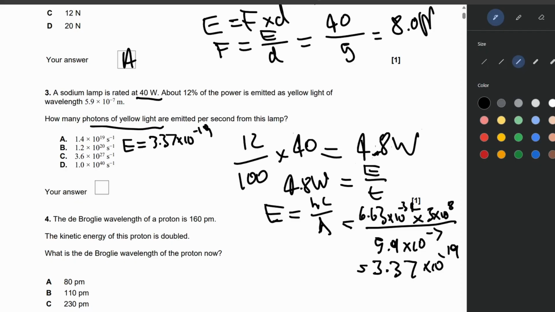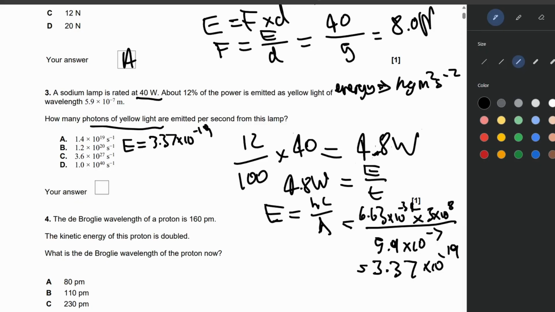Joules is energy. So if energy is equal to the base units, but we're trying to get it per second, energy is equal to half mv squared, kilogram meter squared per second squared. How do I get to s to the minus 1? Well, divide by